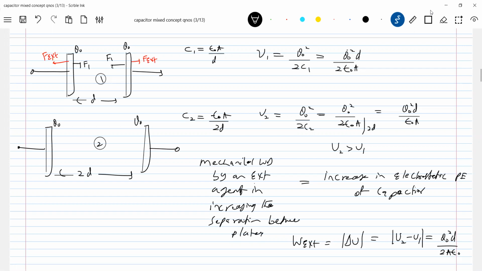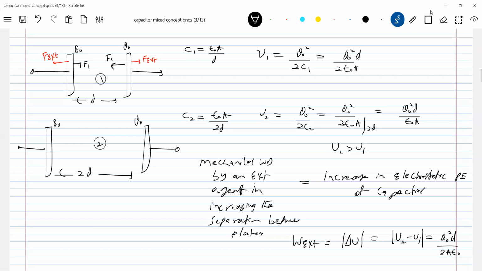Even if the action agent, instead of pulling them apart, pushes them from 2D, in that case the potential energy gets decreased. So where will that energy go? That energy will be given to the medium. And when we go for next week's syllabus, dielectric breakdown, there you can understand that the medium between the plates, that energy is utilized to polarize it. So I think at this level you don't go for that concept. Next week we'll focus on that. So for the time being, let's only focus on pulling apart.